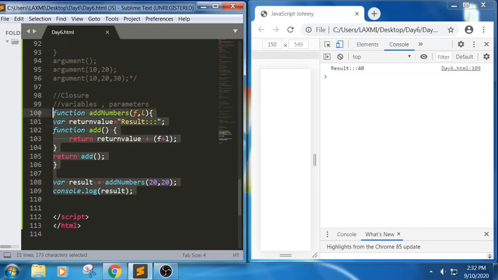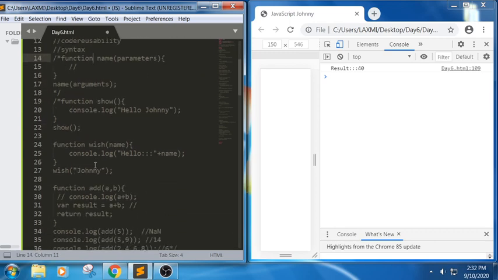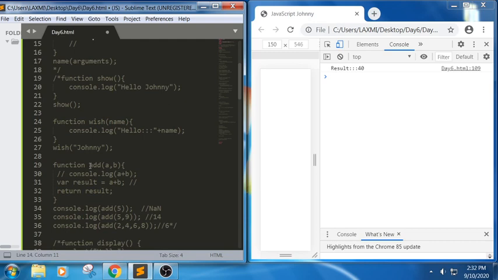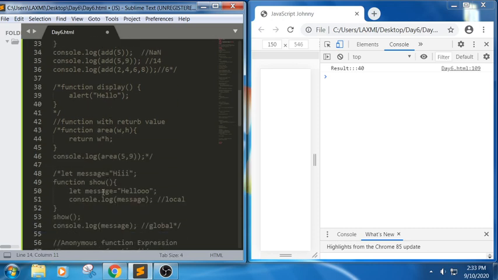So generally, if we recap what we have done in this session, we have been learning about functions. A function is a concept where we can place some code in a block and reuse it again and again. We can call the function n number of times. We have functions with parameters and arguments, and functions without arguments and parameters. We can pass an equal number of arguments as parameters, or if we pass fewer, it will return undefined. And we have been calling the function using on-click, a return keyword, local variable and global variable inside a function,